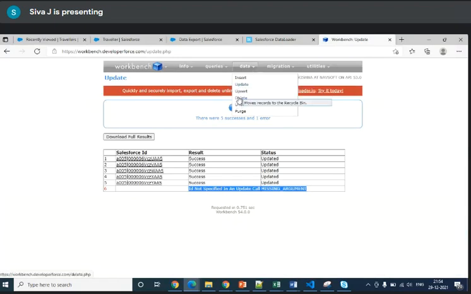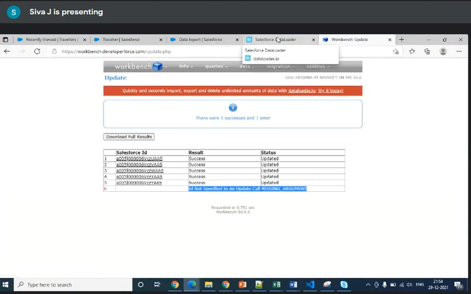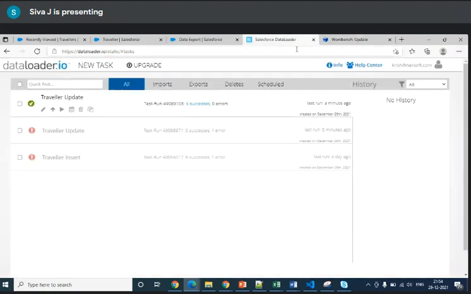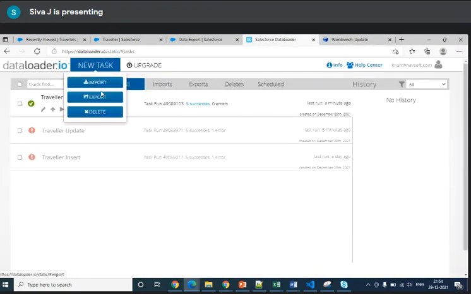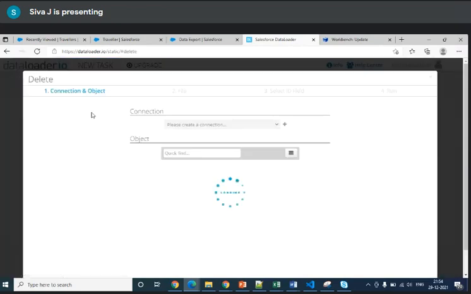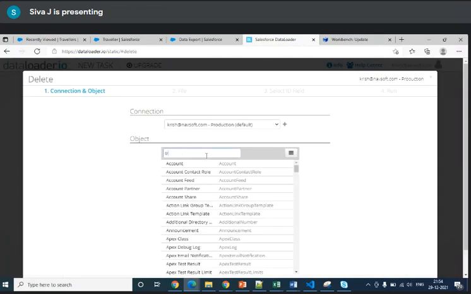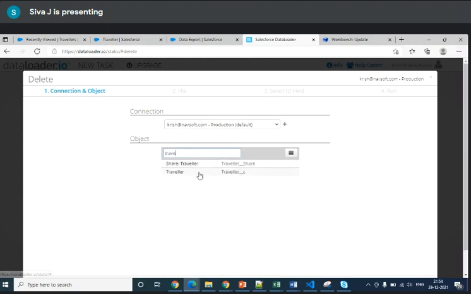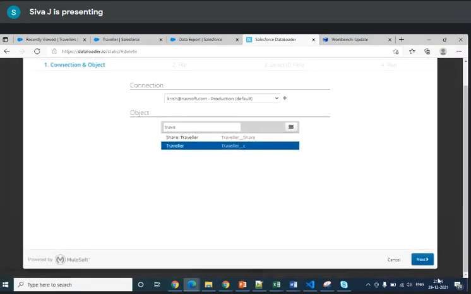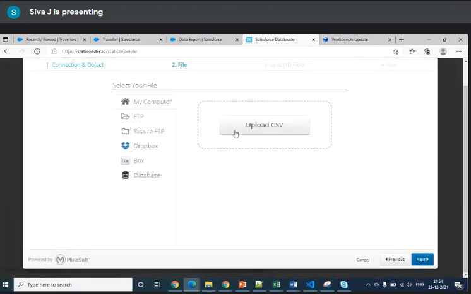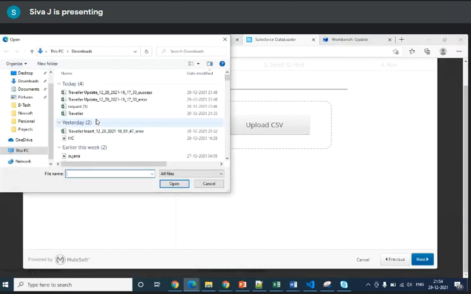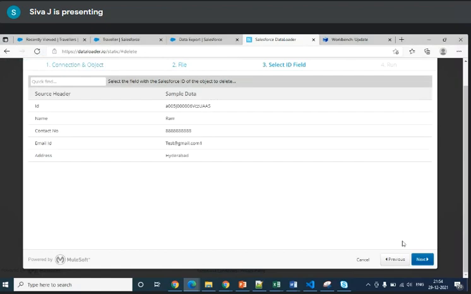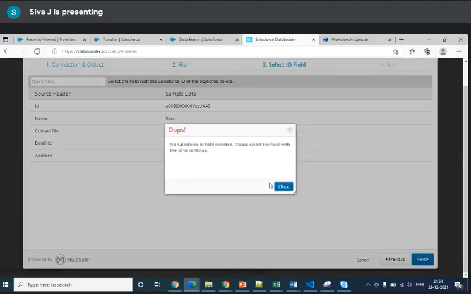Now I want to delete it. You can do the delete operation from either Data Loader or Workbench. You just go, see here, you can directly select the delete operation and do it. Just select Traveler and choose the file. Now click next and continue.